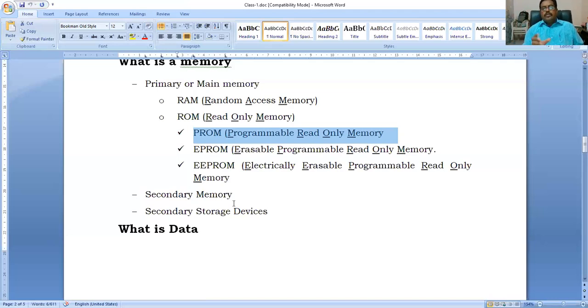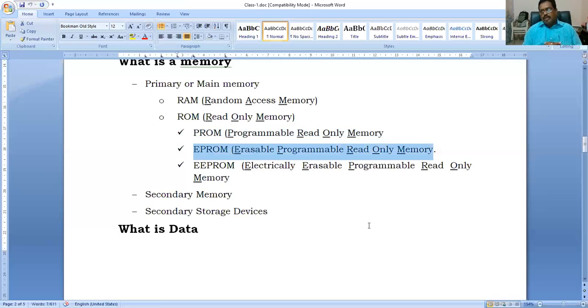Even here also, we have some part of ROM. That one we call PROM, programmable read-only memory. With this particular program, we write something into that particular memory. After that, we cannot modify it and we cannot erase. And the next one is nothing but EPROM,